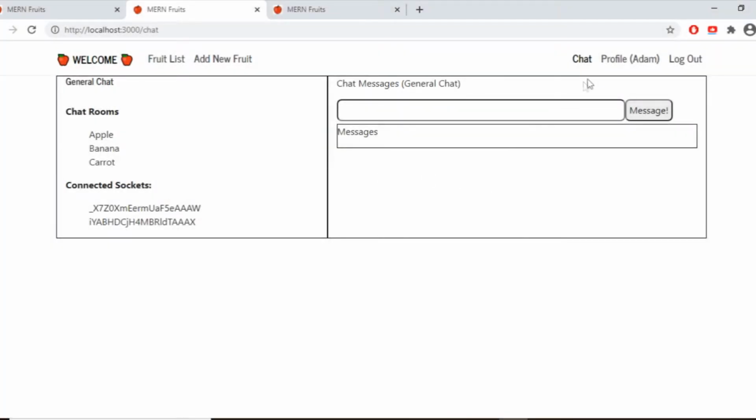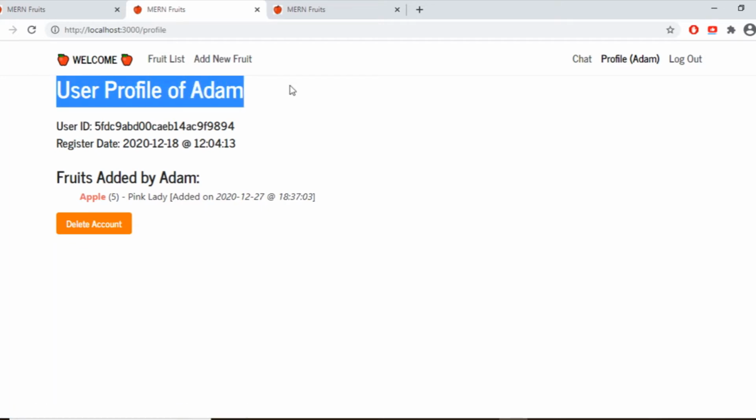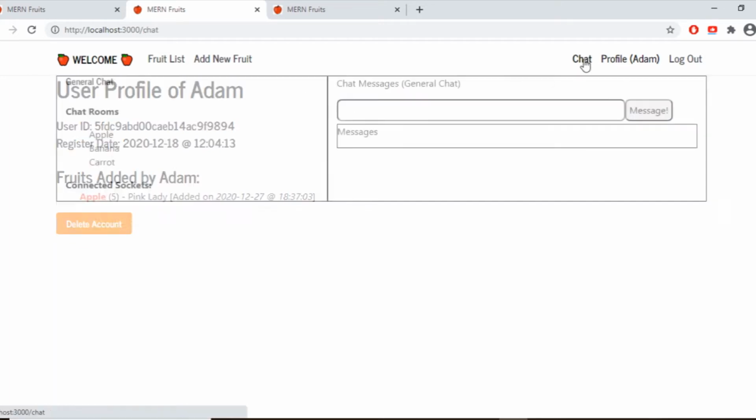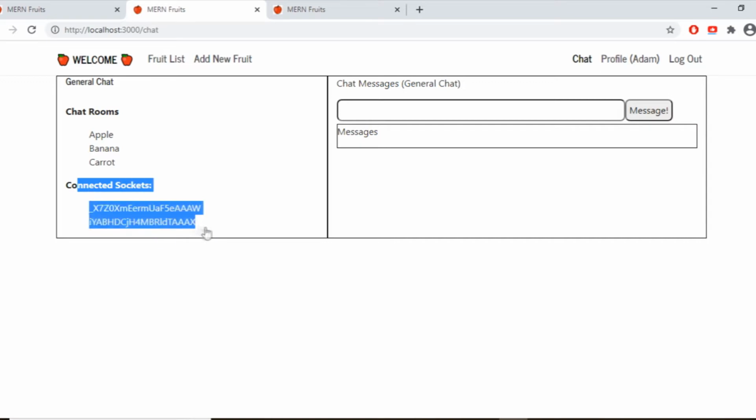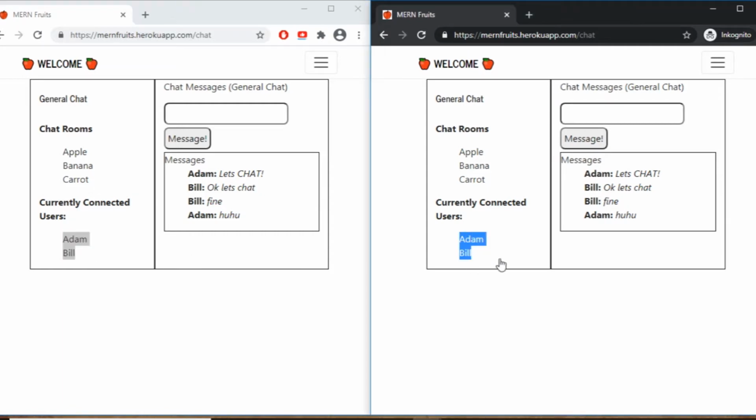Right now I can see the list of every connected socket here in the left div, but all these sockets belong to the same user I'm currently logged in with. And what I want instead of these IDs is seeing the list of the currently logged in users' names here in the left div. In that case, instead of all these socket IDs, I would now only see one name,